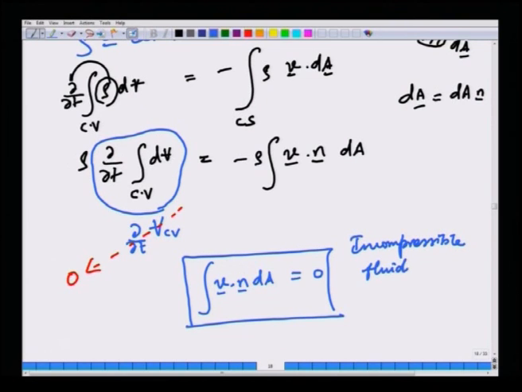Notice that we are not placing any restriction on whether the flow is steady or not. So, it is valid for both steady as well as unsteady. The only stipulation we make for incompressible fluids is that the density is a constant. So, the time derivative vanishes because the CV is fixed in space, not because the flow is steady.